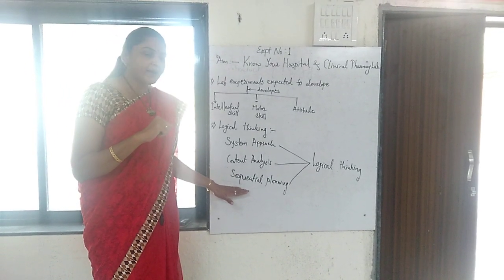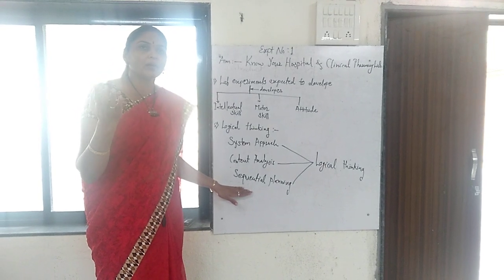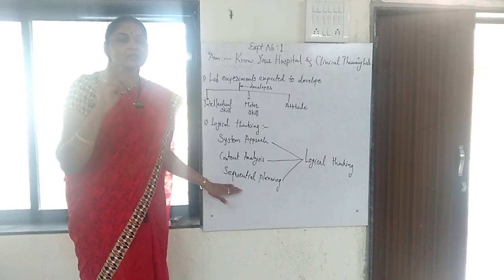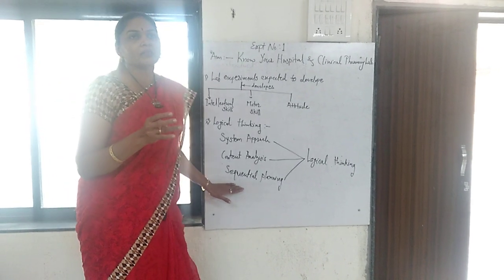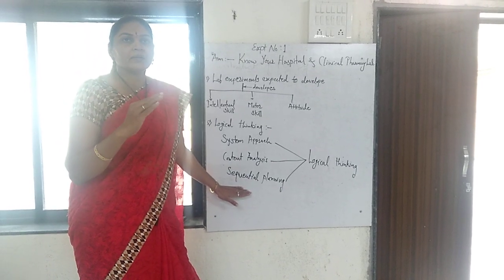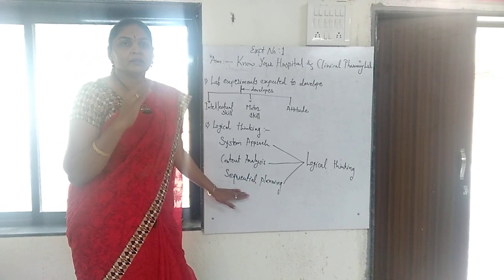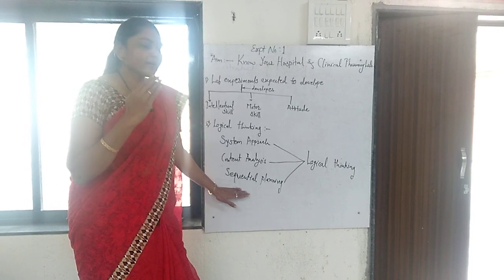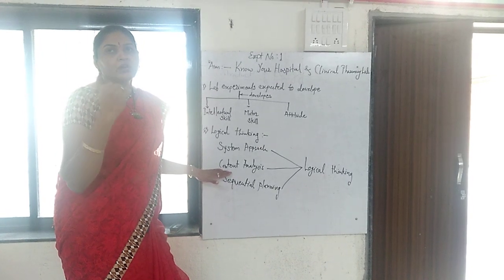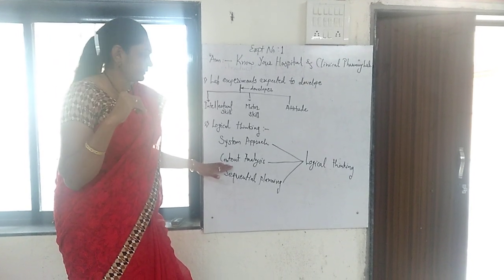That is sequential planning. I have said you have to take 10 ml of water. What you have to do? First take the apparatus. That is, a measuring cylinder you will require, a beaker you will require. So the first sequence is to take the apparatus, wash it, clean it, then dry it. Then take the content analysis. What you have to do? Water you have to bring and measure it.